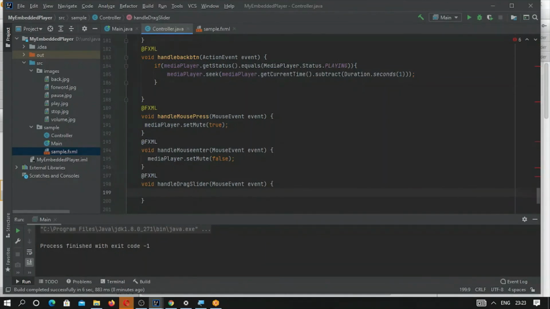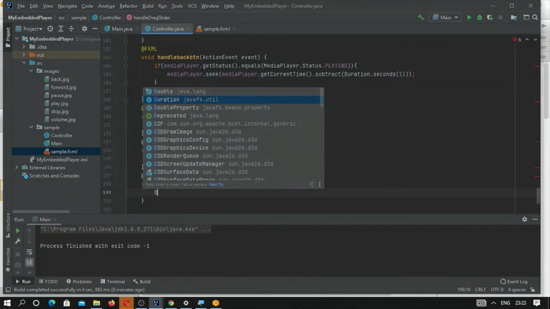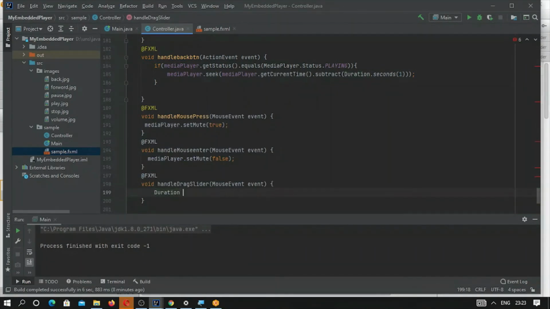So first we have to calculate the duration, the new duration, from the progress bar.